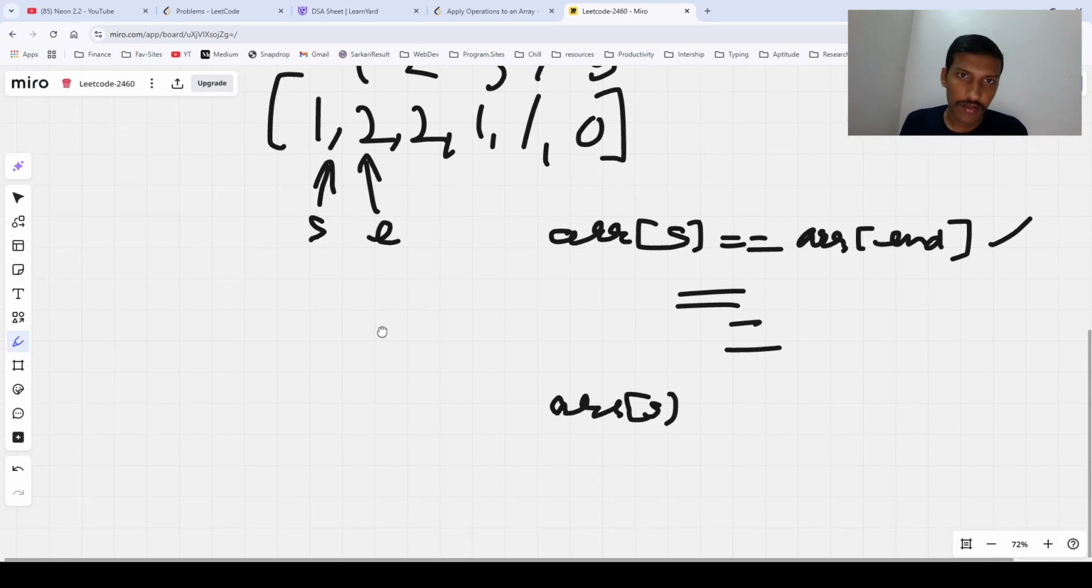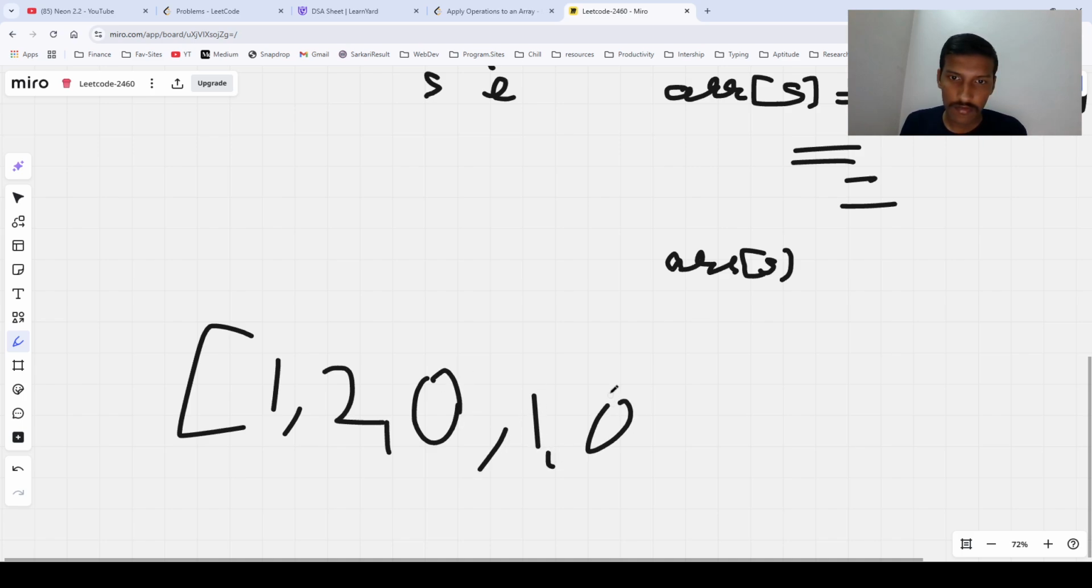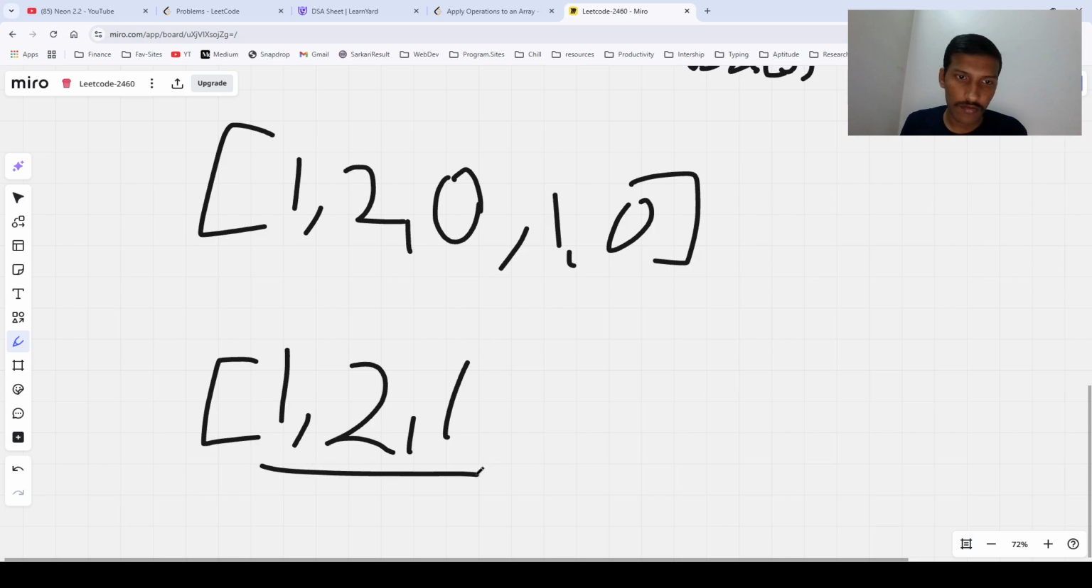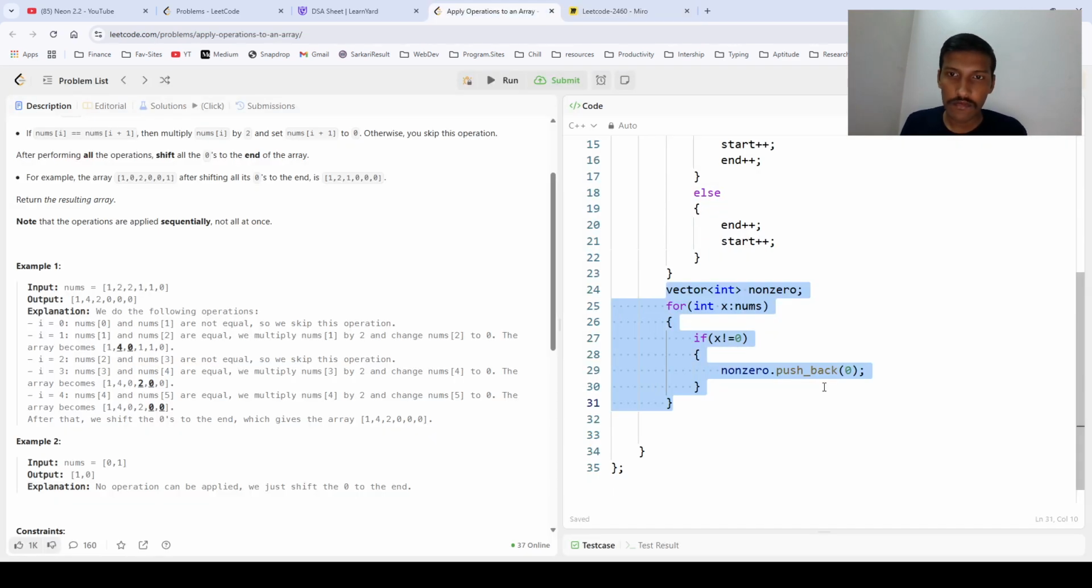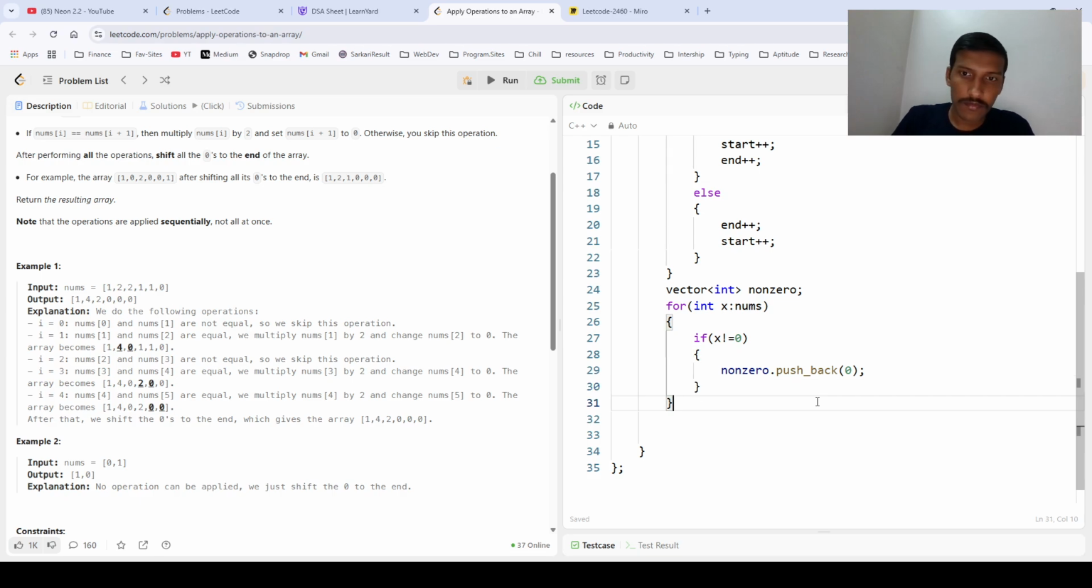For example, after doing the operation, our array becomes something like this. So I want to push those zeros at the very end. So how is it going to exactly work? 1 2 1. So these three are the non-zero elements which are going to be pushed here by this code. And then after that we are just pushing